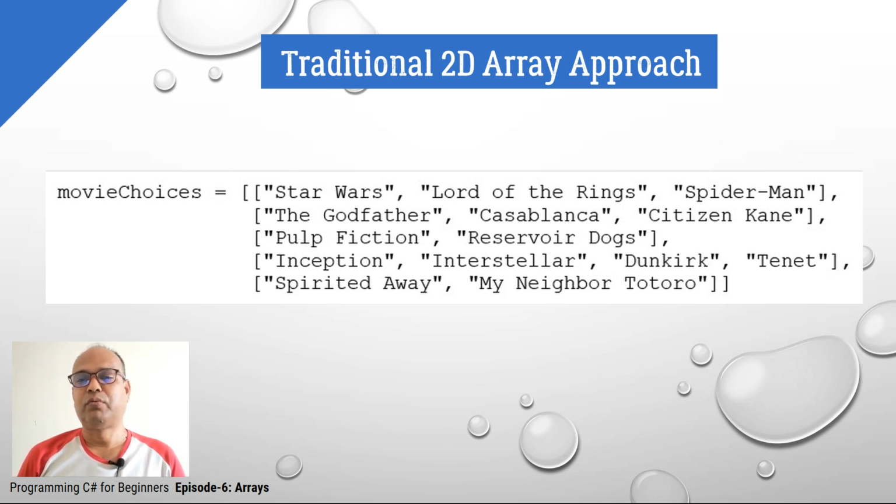Let's say 5. However, this wastes space for all the friends who have fewer choices. Movie choices equal to square bracket, Star Wars, Lord of the Rings, Spider-Man, The Godfather, Casablanca, Citizen Kane, Pulp Fiction,